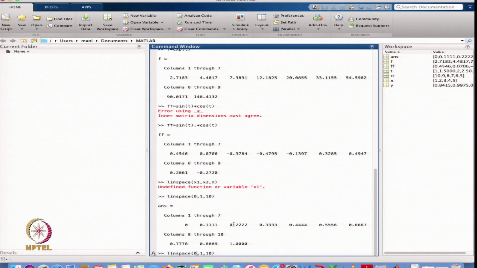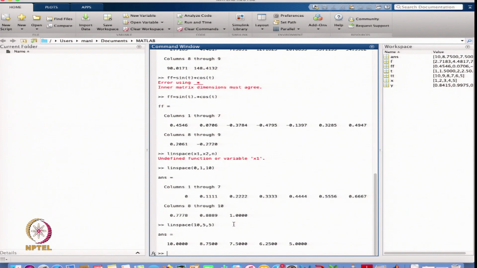Maybe I can define starting from 10 and going up to 5, with 5 points. So starting from 10 to 5, I want to distribute the interval with 5 points. So it is 10, 8.7, 7.5, 6.